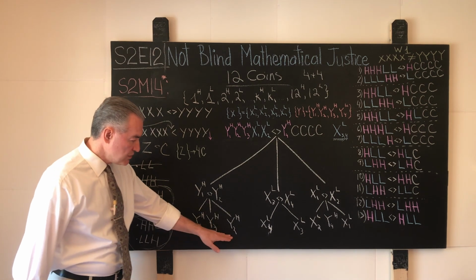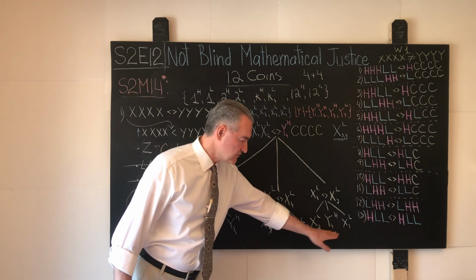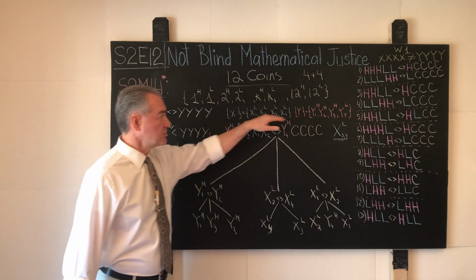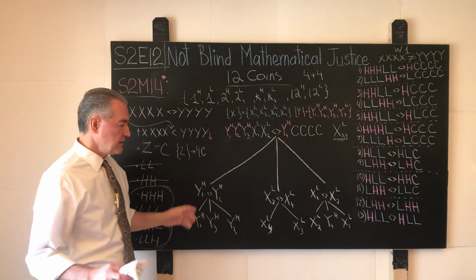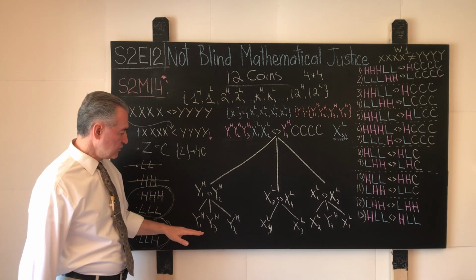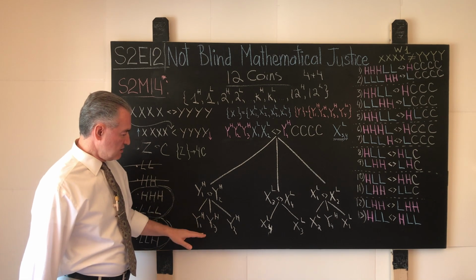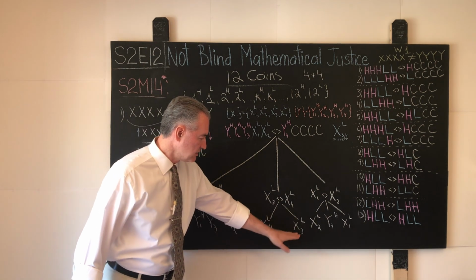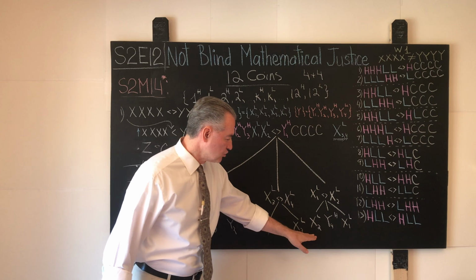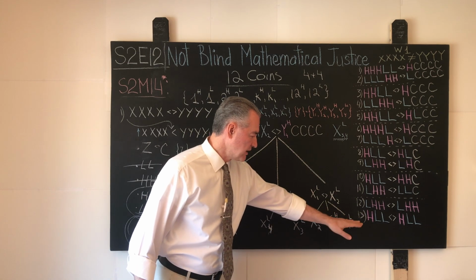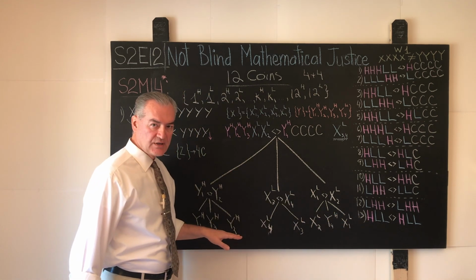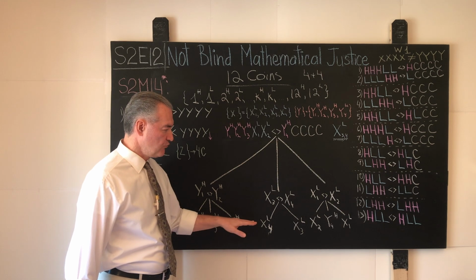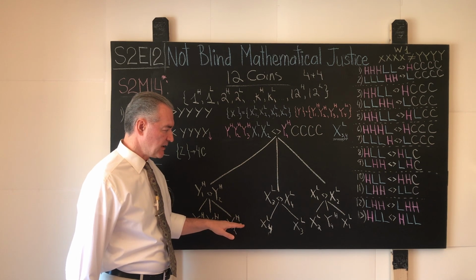1, 2, 3, 4, 5, 6, 7, 8. All 8 cases are accounted for. And again, just to make sure that we did not go wrong, let's count the light candidates. X4, check. X3, light, check. X2, light, check. And X1, light. So all 4 light suspects are accounted for.